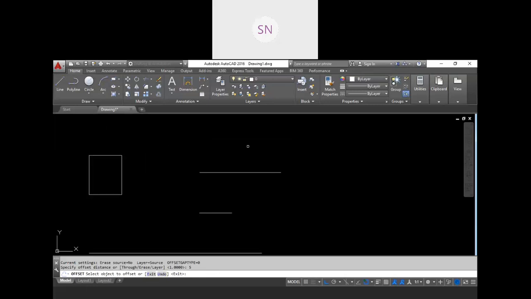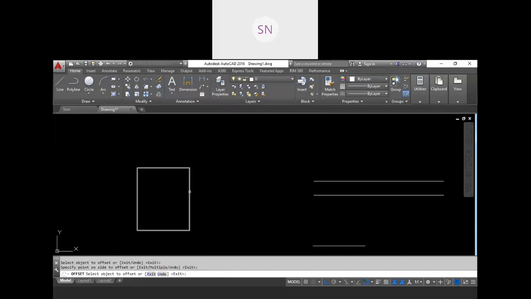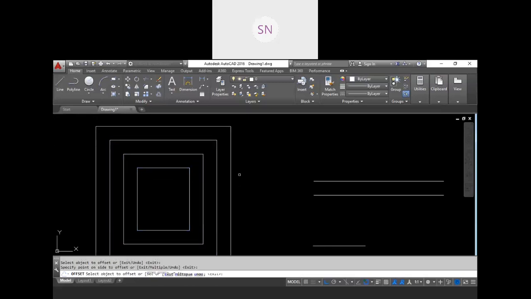Now what does this offset create? Offset will create a new object at 5 mm distance from the actual object. Like this. See, I'm selecting this line. So we have a new object. Either we can put it on top or on bottom. But the gap between the new object and this object is 5 mm as we provided, right? So I'm clicking on the top side, so it will be placed. Select and click, right? Select and click. If you have a closed entity, select it, so you will get an offset outside or inside, right? And you can do it as many times as you want.